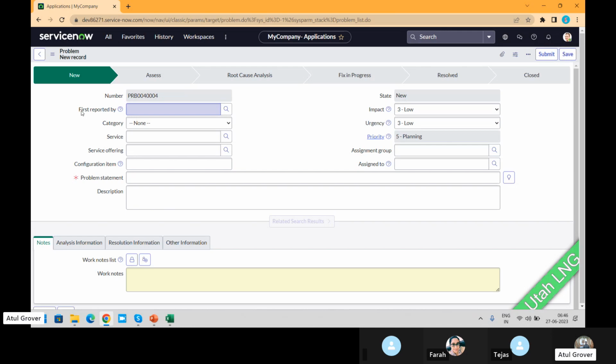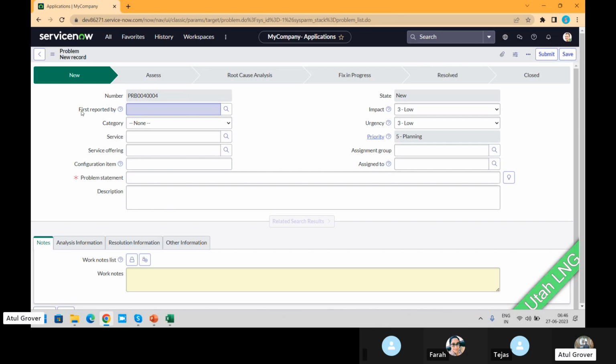this is my problem form. Mainly a problem record can be created proactively with the help of trend analysis, or it can be raised from open incidents.